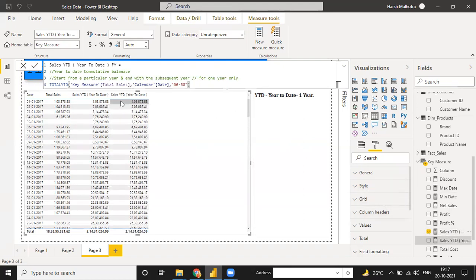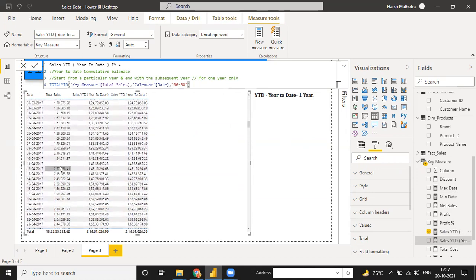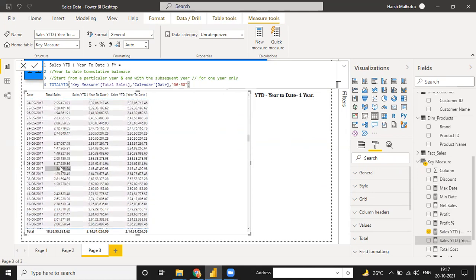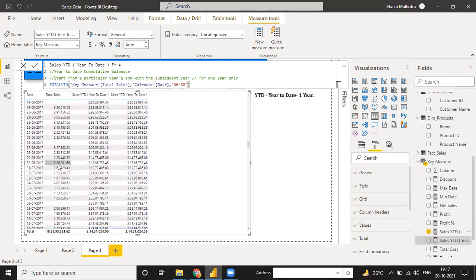See, in this year my data starts from 1/1, all the data is the same. But when you go to 30th June, in 30th June your data will be ending, and in 2017 it is not ending. Let me just check. It should end actually.